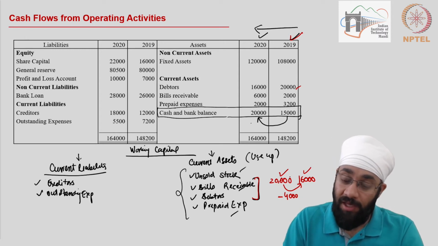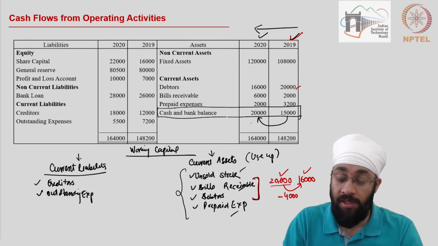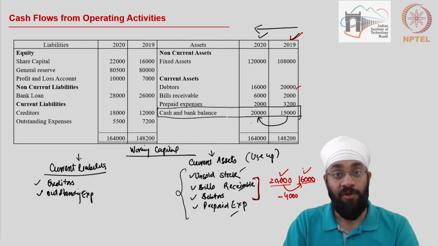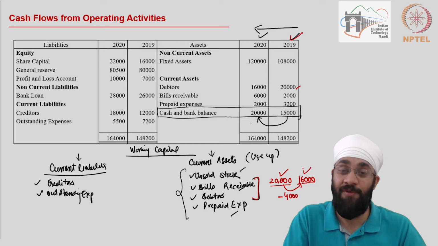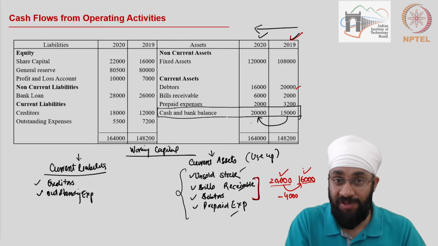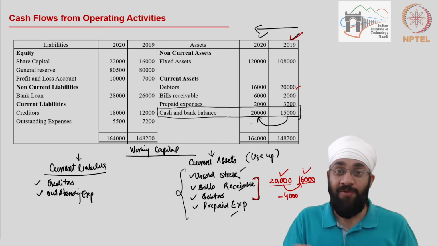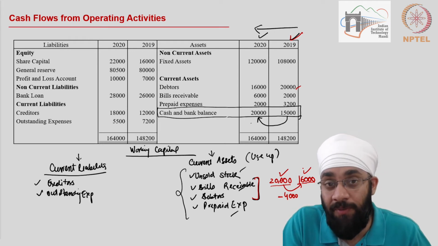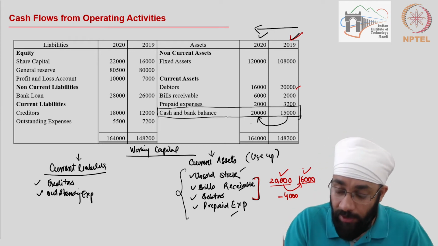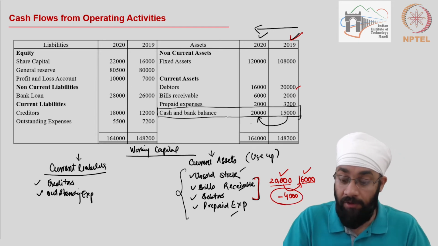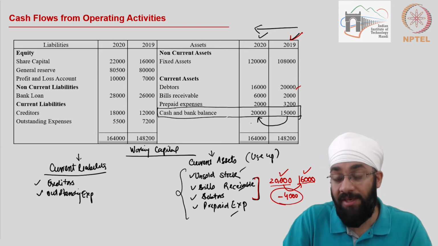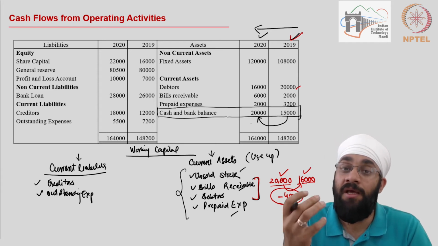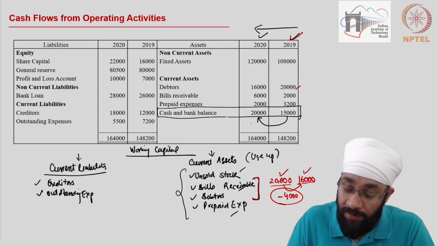What does this mean? In the beginning of the year, you were saying 20,000 has to be recovered. Now you're saying only 16,000 has to be recovered. So during the year, you must have recovered 4,000 in cash. That means this is a cash flow which has not been shown anywhere. So that's why we need to make working capital changes. We need to say that we have recovered money from the debtors. A decrease in receivables results in cash coming into the business.